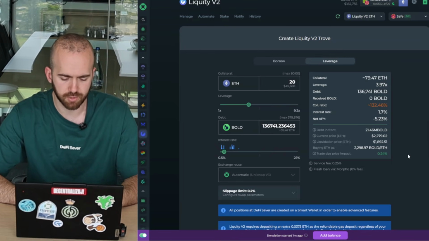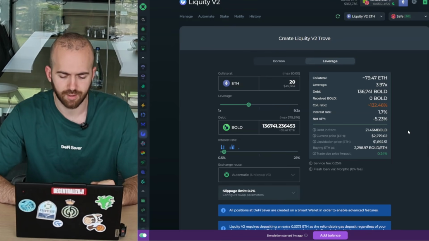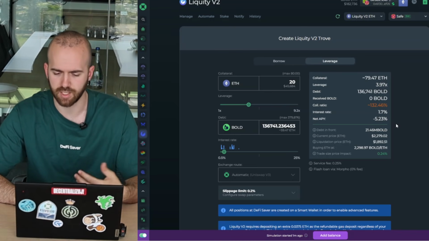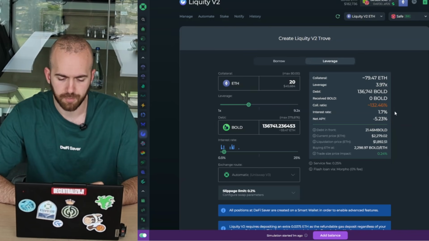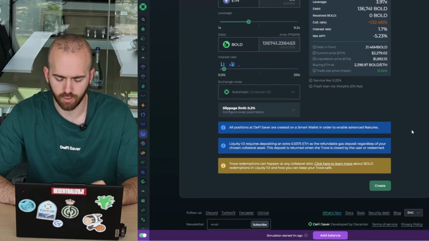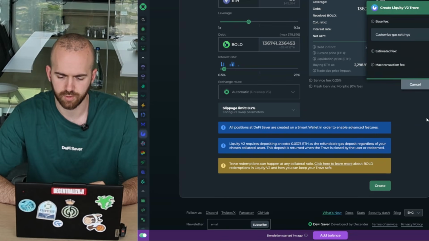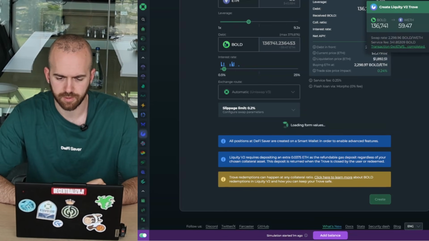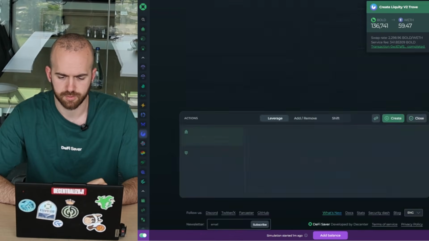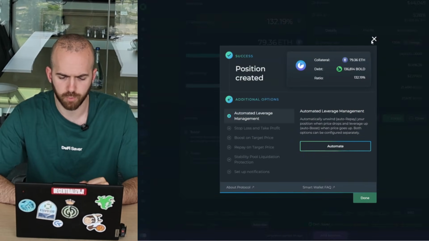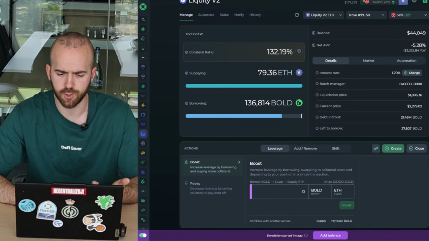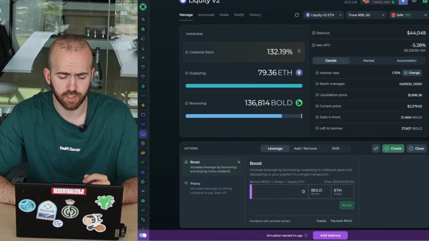And I'll actually be able to see, as with Liquity V1, what's the amount of debt in front of my trove before it gets redeemed against. I'll see my net APY, the collateral ratio, and of course the liquidation price. So I'm just going to go ahead and open this leveraged position, sign this transaction, and there we go. So we opened up a leveraged position on Liquity V2 in one transaction here,